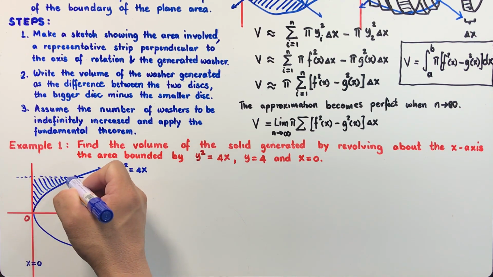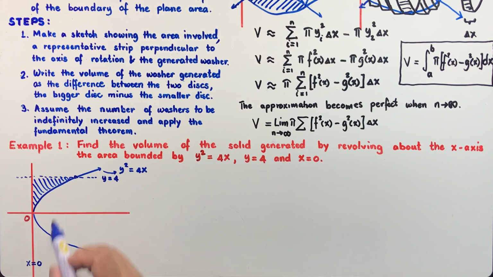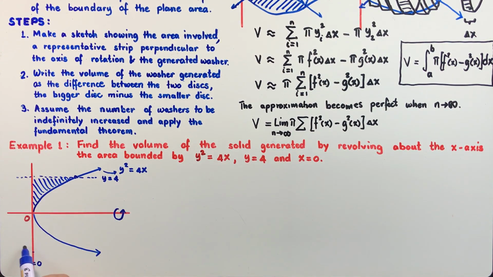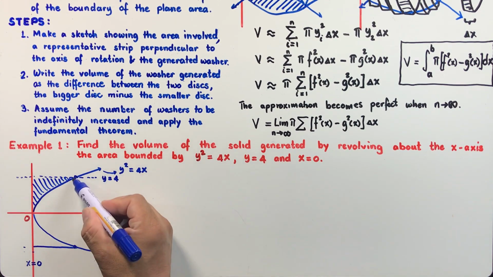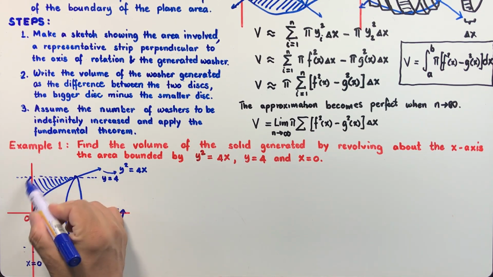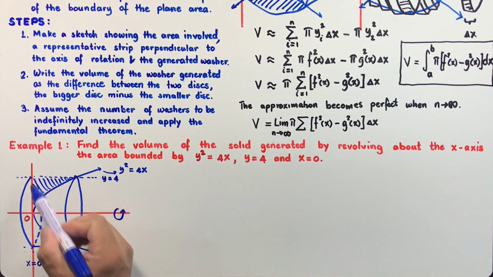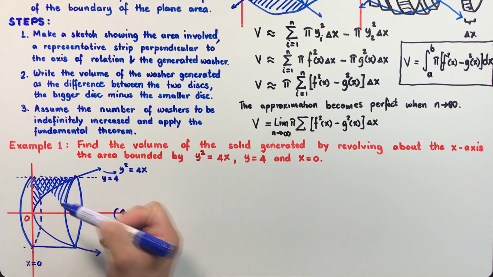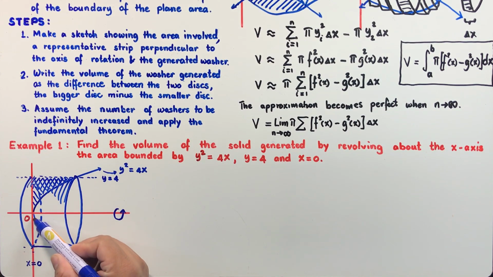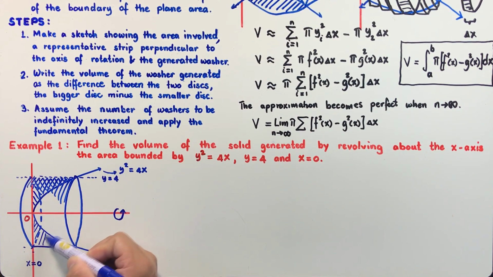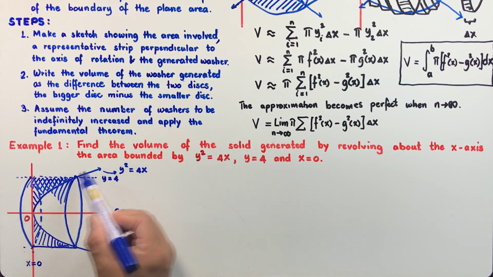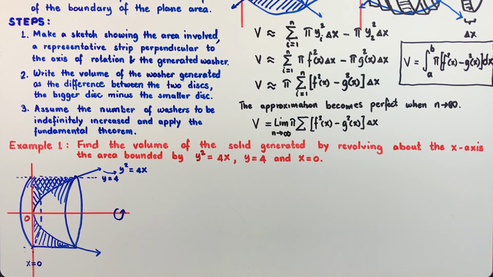And if we are going to rotate this area about the x-axis, you form a solid that is like this here. So this is now our solid. But this solid, remember, is hollow at the center. So it has a parabolic hollow. And to find the volume of this solid is to